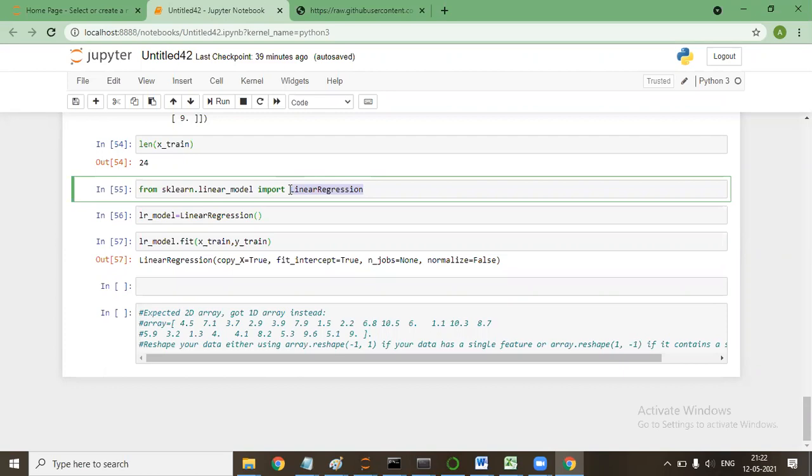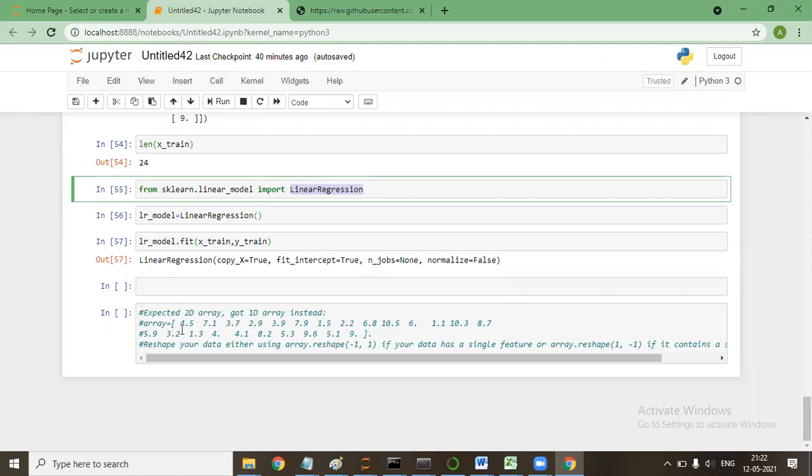That might not require a single input X to be a 2D array. Sir, when we convert the array into a 2D array, the whole data gets converted into a single column, like all the values get into a single row, instead of a linear 1D array. Come again, I didn't get you. When we convert a one-dimensional array into a 2D array, all the points go into a single column. Okay. That is the reason.